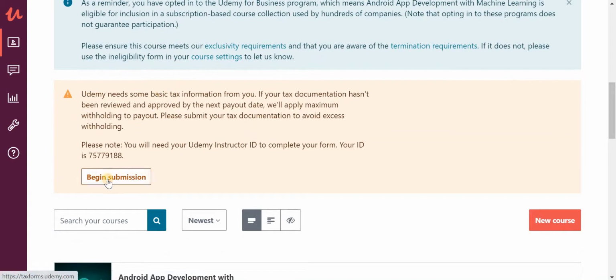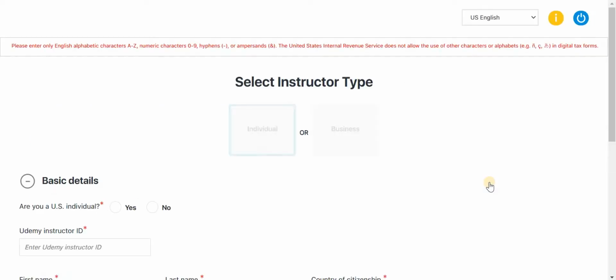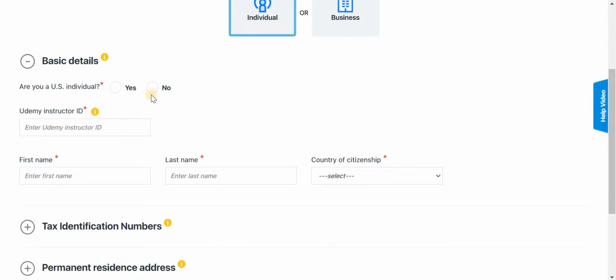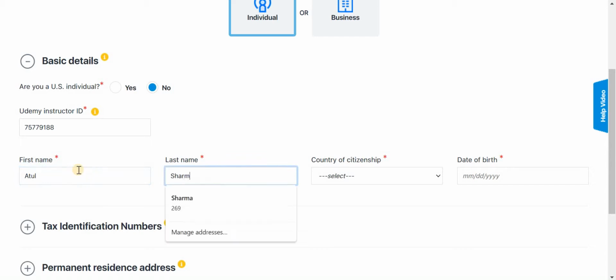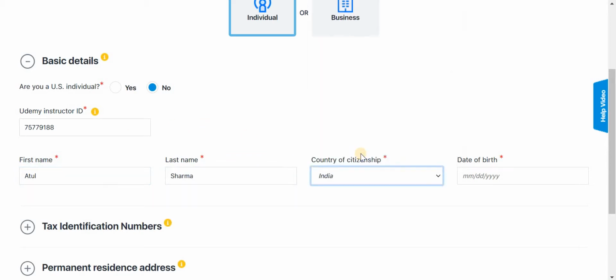Here you have to note down your instructor ID, then click on begin submission, then click on begin again. Next, choose your instructor type, which is individual by default. Then select whether you are a US individual or not. Here you have to provide the instructor ID that we saw on the previous page. If you have forgotten it, please move to the previous page and get your instructor ID from that